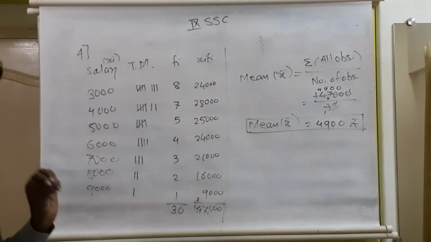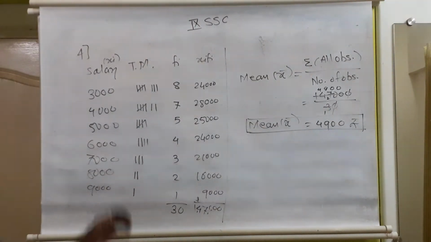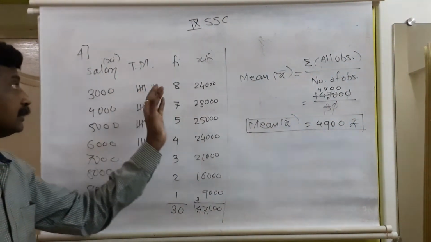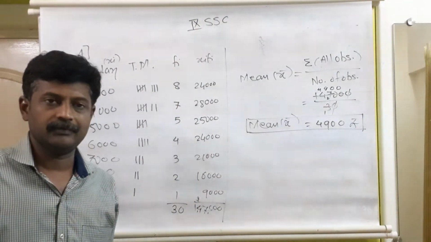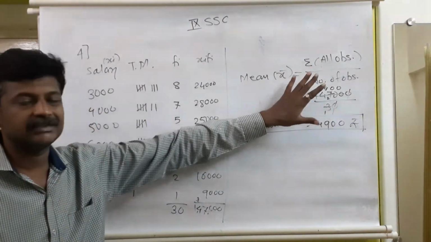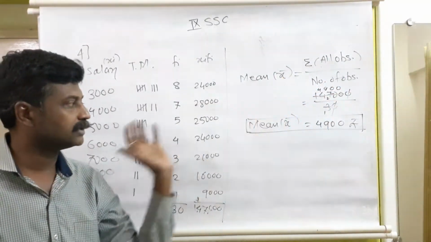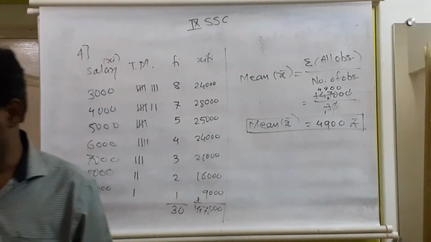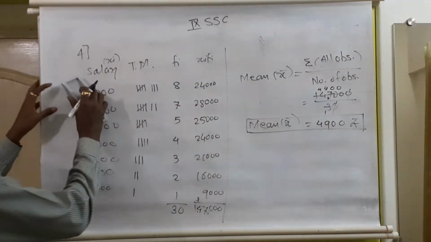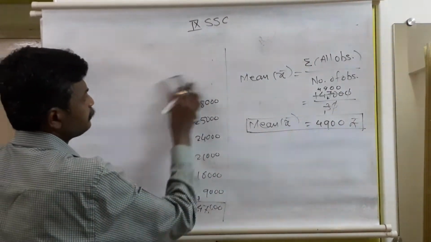I have shown you this in the proper way. I hope you people understood. Or if you want to add serially, then all 30 numbers you need to write one below another and do the totaling one by one. Anyhow, the main part is this: sum of all observations divided by number of observations. So in this way also, if you solve it in the exam, you will get the marks. Full credit should be given. Okay, let us continue with the next question, number 5.